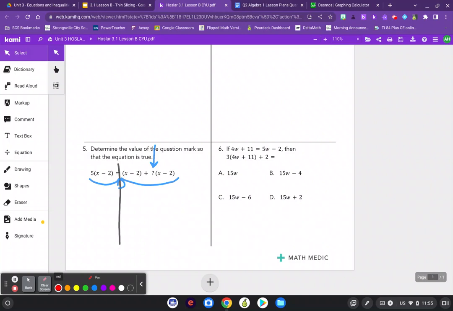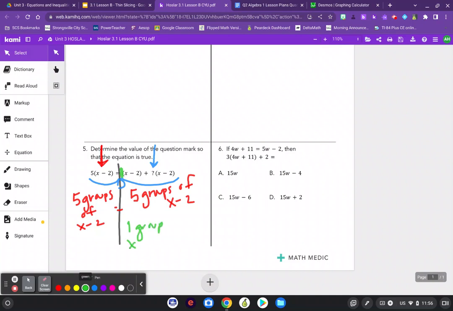And just as a reminder, when we talk about this, it means that I have 5 groups of x minus 2. That's what that says. So if I have 5 groups of x minus 2 on this side of my scale, then that means that I need to equal 5 groups of x minus 2 on this side of the scale. Now, technically, there is a 1 in front of this. If no number is there, it's understood to be a 1. And so right now I have 1 group